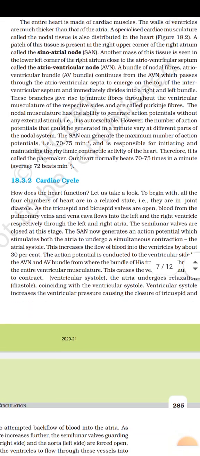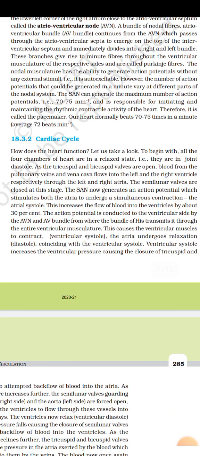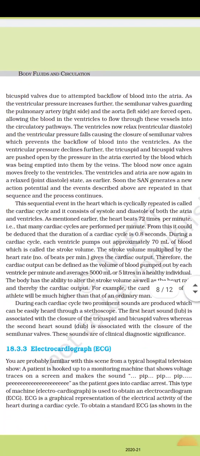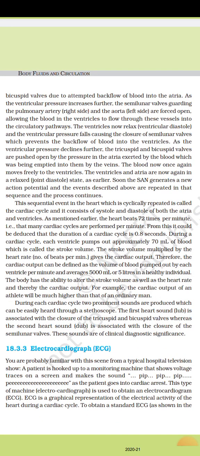Ventricular systole increases the ventricular pressure, causing the closure of tricuspid and bicuspid valves due to attempted backflow of blood into the atria. As the ventricular pressure increases further, the semilunar valves guarding the pulmonary artery (right side) and the aorta (left side) are forced open, allowing the blood in the ventricles to flow through these vessels into the